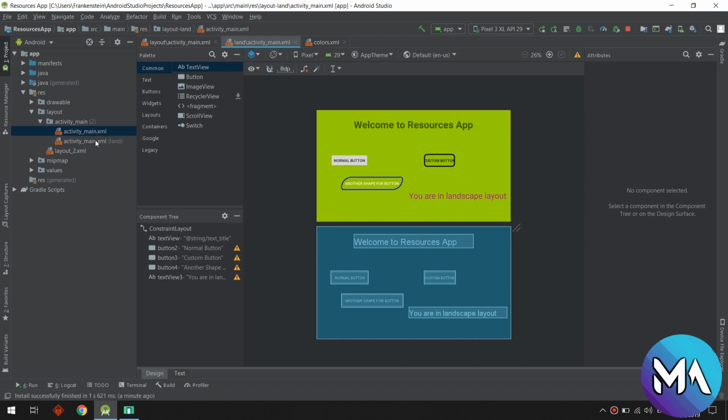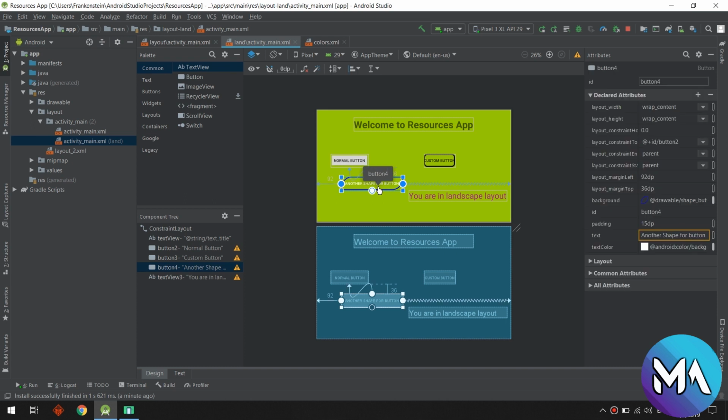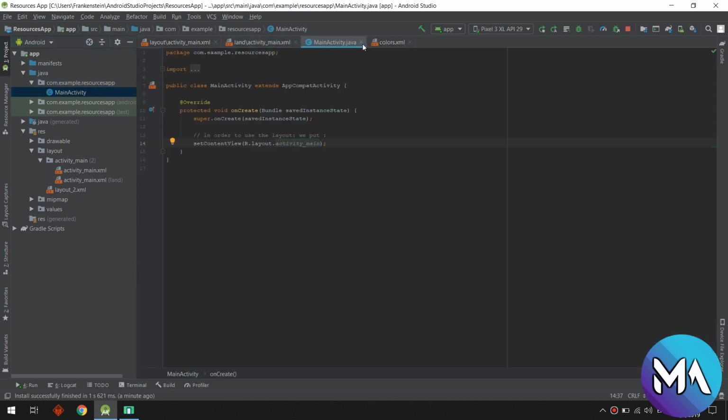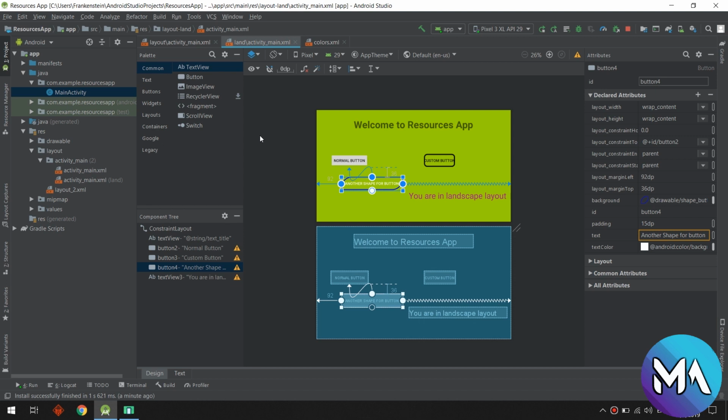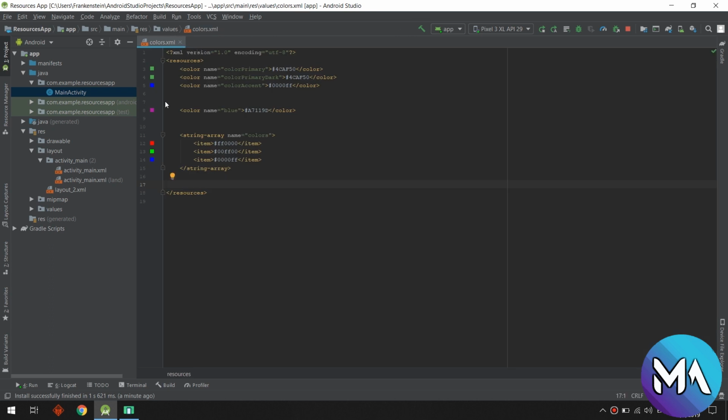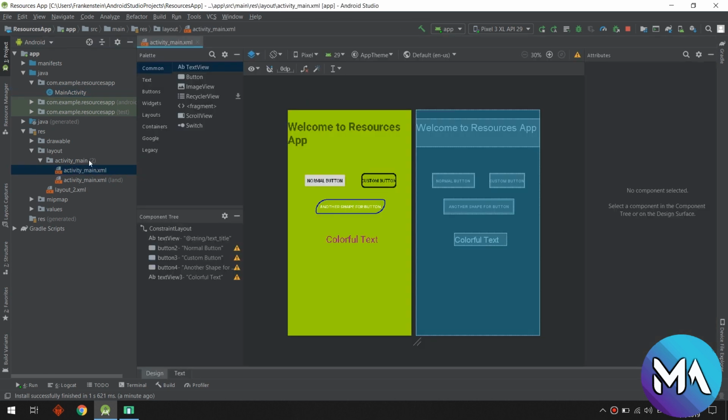You can edit this, but make sure you don't miss any component in the landscape. So don't delete this button if you declared it in Java, so you may have errors. So this is for landscape mode, and now let's see